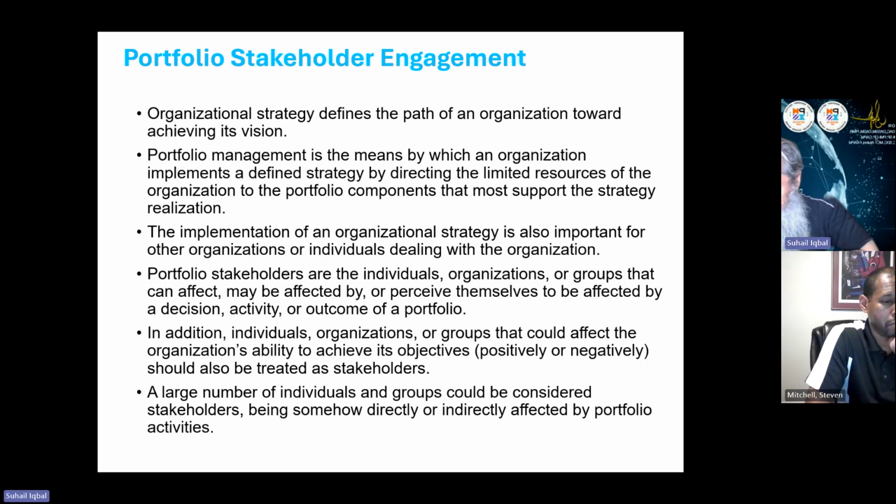a stakeholder. For example, you sitting in USA, you think that the school I am constructing here in Pakistan can impact you. I say why and how. You say okay, the child who will learn there, he will one day come to USA and he might meet me, and I may have to give him a job or something like that. So I am also a stakeholder. You perceive yourself to be affected by that thing, but apparently it is not.